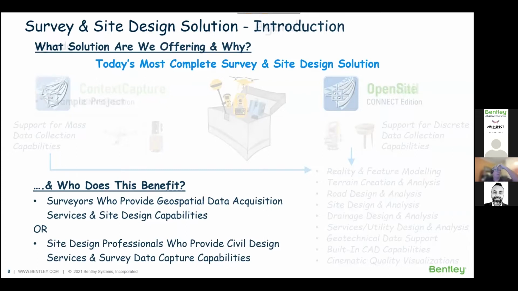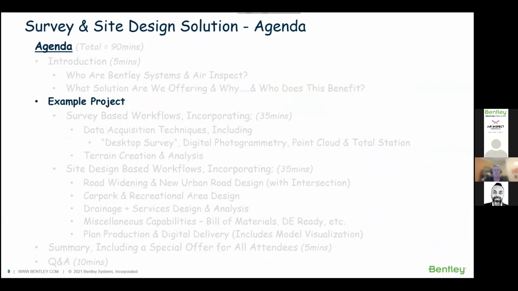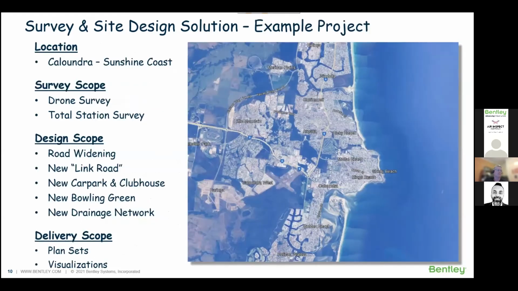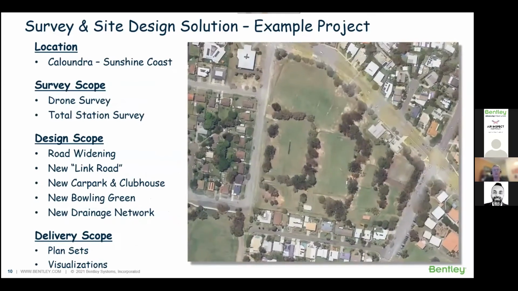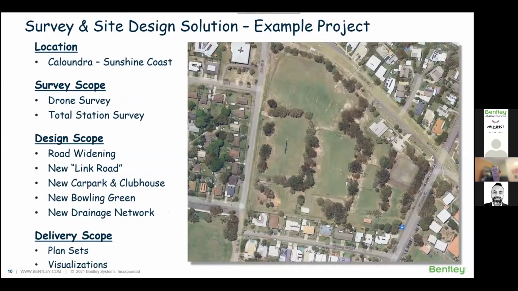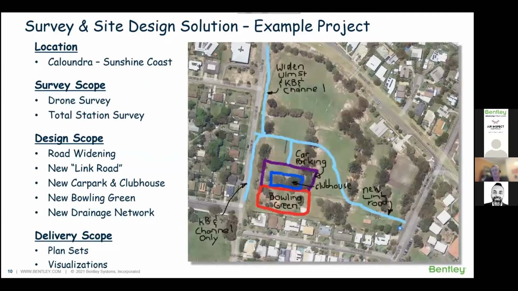So jumping ahead now into the example project, and this will make up the bulk of the presentation today. Just to provide some context, the project is located in Caloundra on the Sunshine Coast and will involve survey workflows, including a drone survey and a total station survey. From that, we'll then jump into the design. And as you can see from the napkin design, or the design that was drawn on a napkin, in inverted commas,